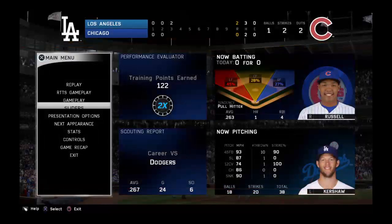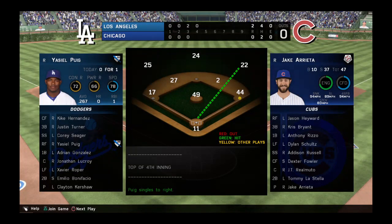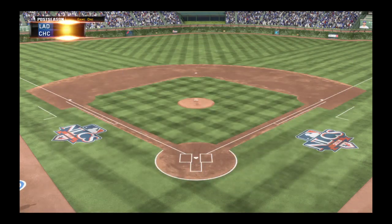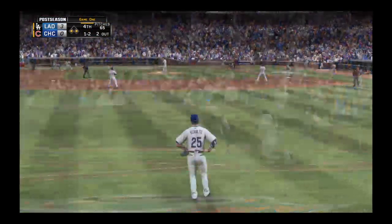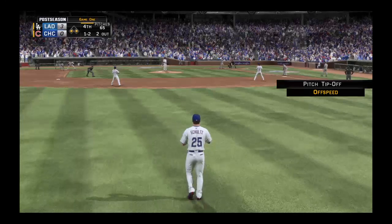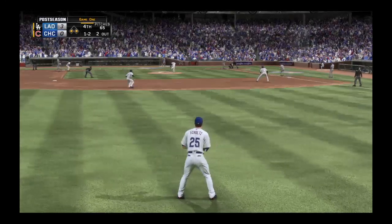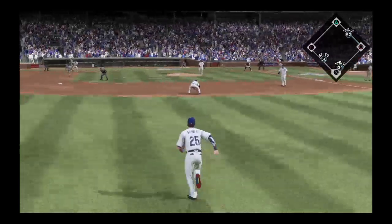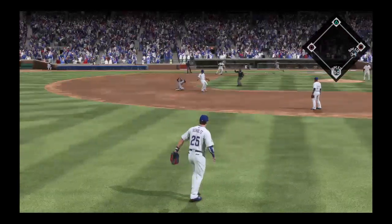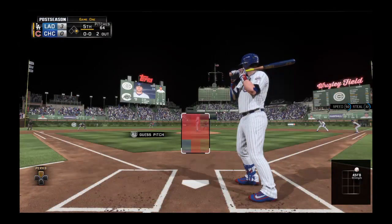Addison Russell stands in with 2 on and 2 out here in the third. Clayton Kershaw will get a shot now in an RBI spot, so a chance to help his own cause here. And he's got a hit in the game already, so he can handle the bat at least a little bit. Hit on the ground is short. Russell has it. The toss will go to La Stella at second, and the force out means